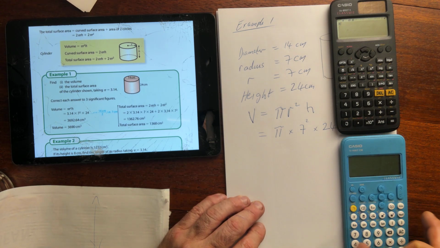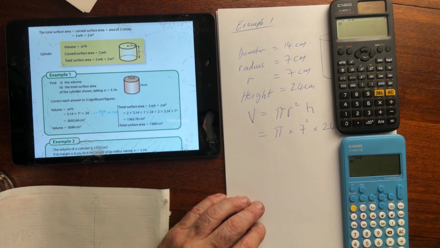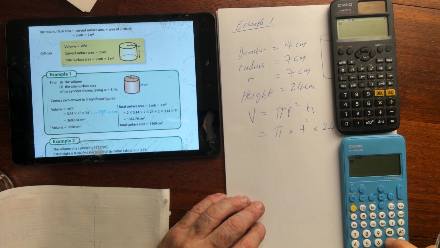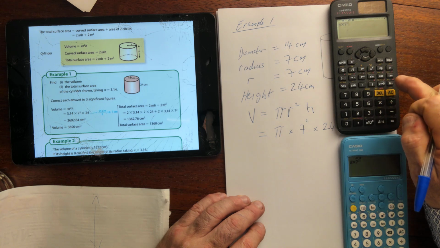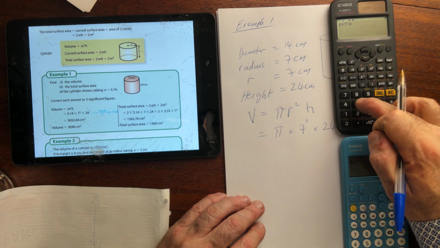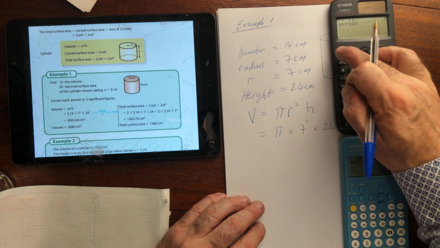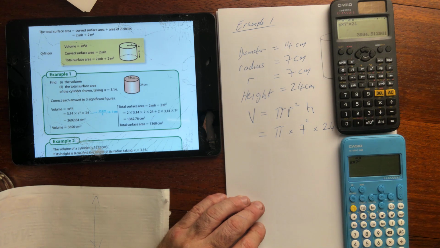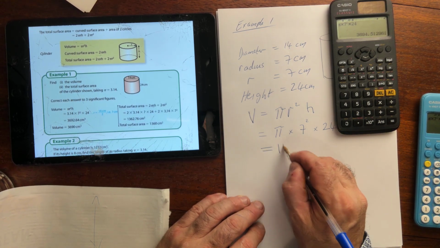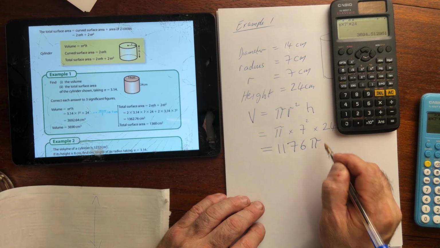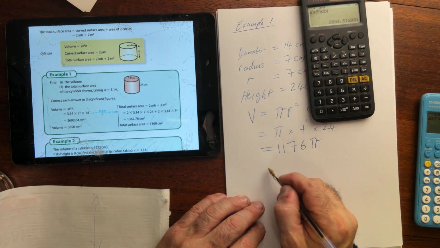On the newer calculator you'll get pi slightly differently. You'll get pi with shift 7, okay, multiplied by 7 squared, now multiplied by 24, and we can do shift equals, and in this one I'll do equals to give the answer in terms of pi. So we'll always write that down as well. It's a very good habit, 1176 pi, because it's exact, whereas this I'm going to have to round,